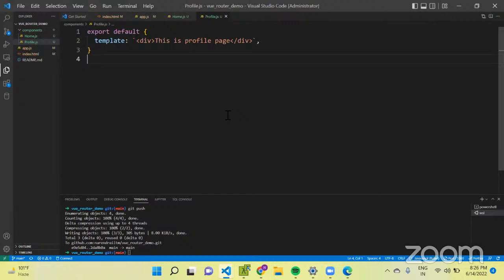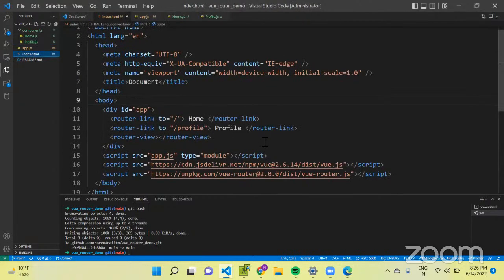Will you show that HTML page? Which one? Index.html. Yes, sir. You used the brackets there, no? In router-link, to equal to, there was a curly bracket. Using name equal to, you used that. That was visible before. That's different. That is a different application. I opened that application to copy these two CDNs. So we can show it that way as well, no? Yeah. We can access